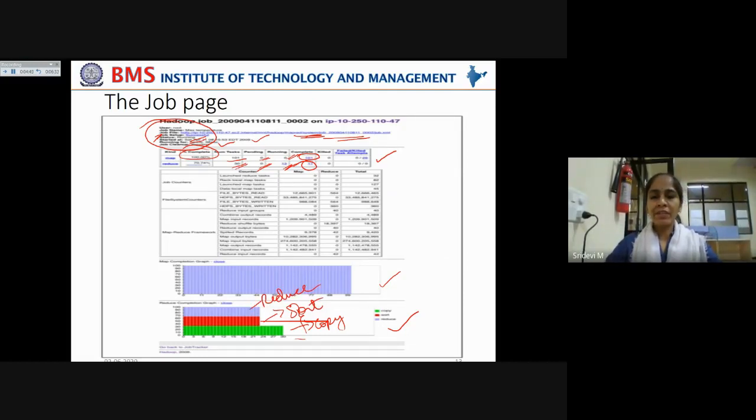I'm repeating once again. Copy is when the map output is being copied onto the reduce task tracker. That is called the copy phase. And when this reduce task tracker is sorting and merging the data, that is called the sort phase. And finally, when the reduce function is executing on the merged data, that is called the reduce phase, which will give the consolidated final output. Okay.